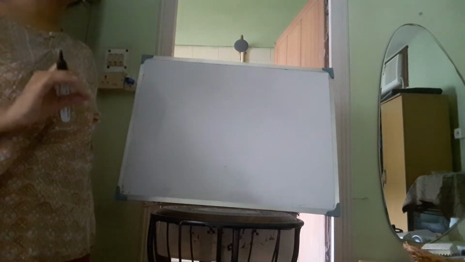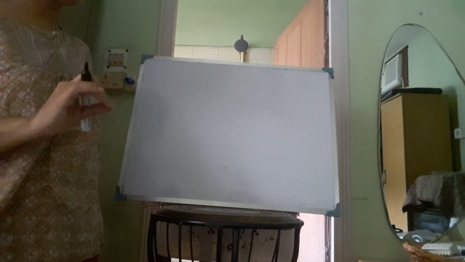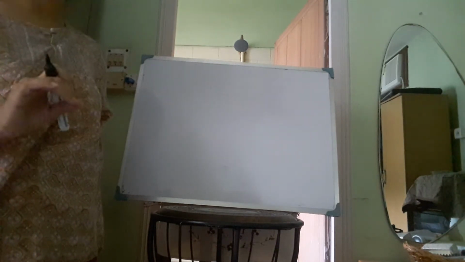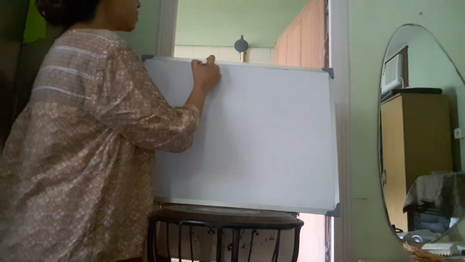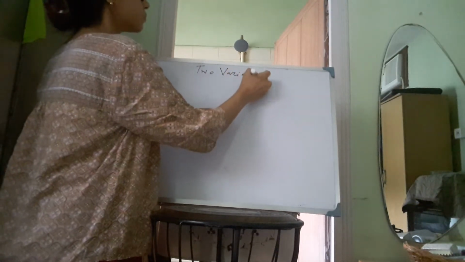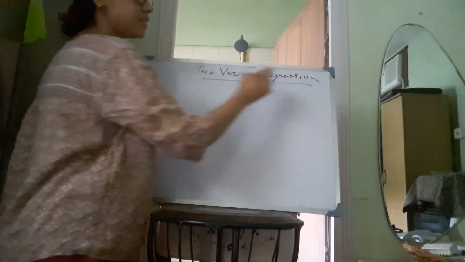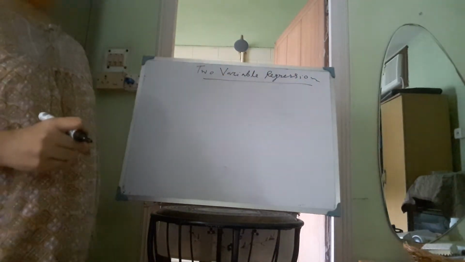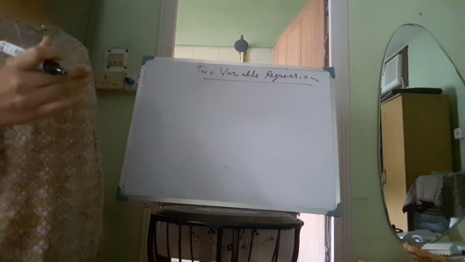So before going into the application of econometrics in real life data set, first let me revise some of the concepts of econometric theory that you have already been taught in the earlier semester. So I am starting with the 2 variable regression. So regression analysis, regression is all about the prediction of one variable with the help of another variable.